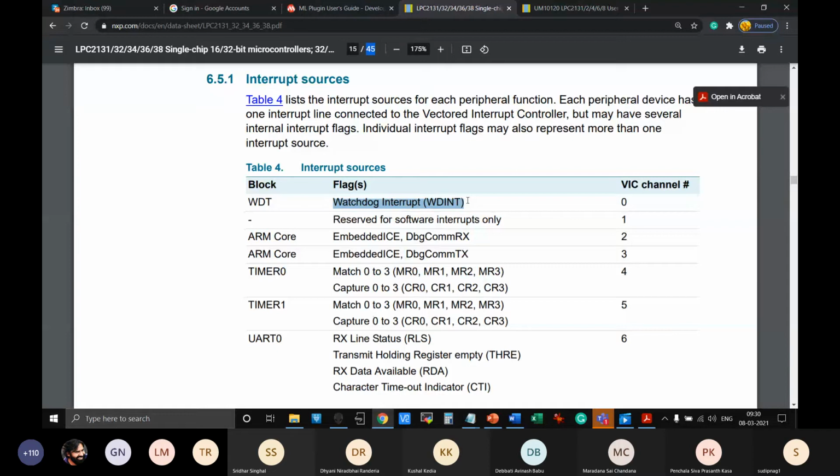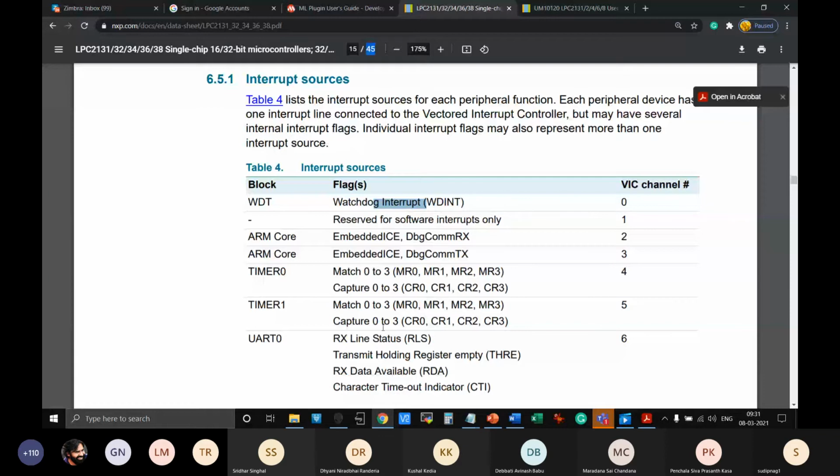Watchdog is a type of timer which automatically overflows after a certain period of time, let's say after 1 millisecond or so, or it may be smaller or larger also. And it interrupts the microcontroller and tells it, okay, don't forget about other work. Don't just get bogged down with one program. So that is what the watchdog timer is doing, and the watchdog interrupt gets generated once the watchdog timer overflows. Normal timers have different interrupt request channels.